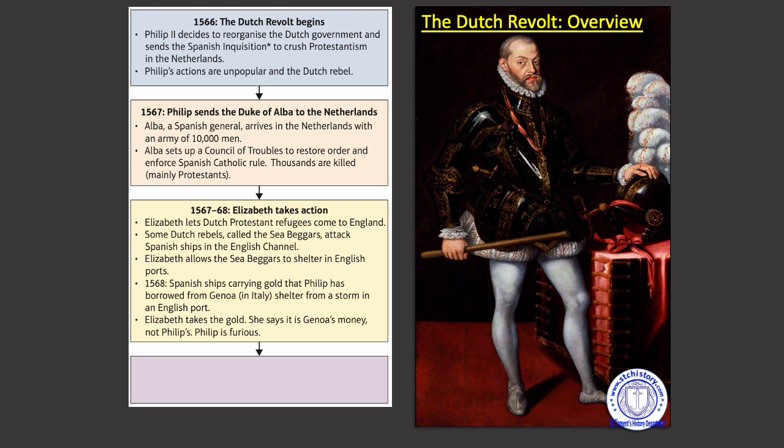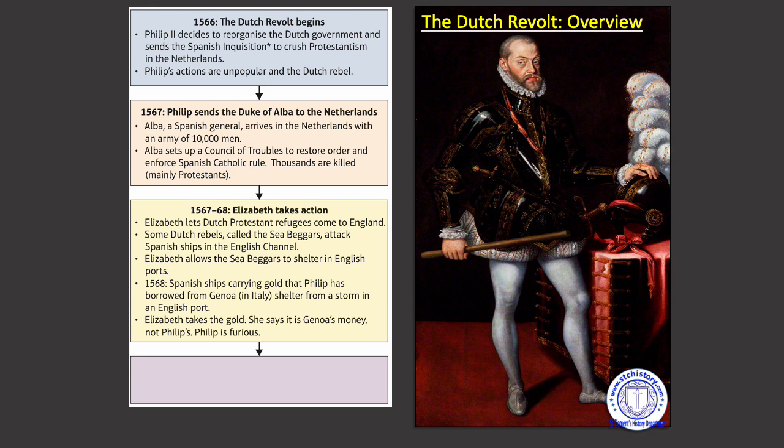Now, it's really important that we refer to this bit as indirect action. We'll use that term a lot over the next few lessons. Indirect action. So something that might be clever or a little bit sly even, but something where Philip can never quite accuse her of going to war against him. You know, like an act of war, an aggressive act that he could say, oh, well, that's it, we're going to war. So this indirect intervention from Elizabeth is really important, that it looks like she's got nothing to do with it, even though Philip is very much aware that she has.